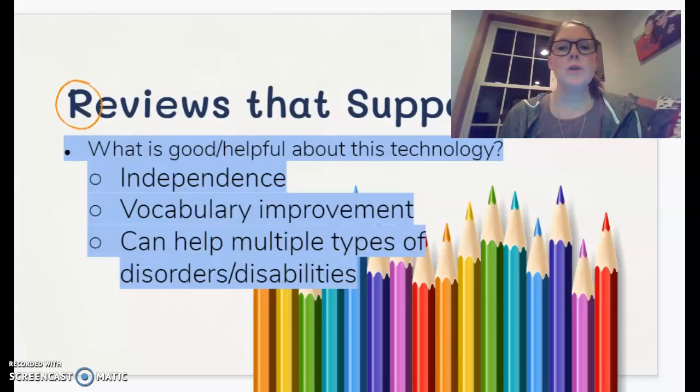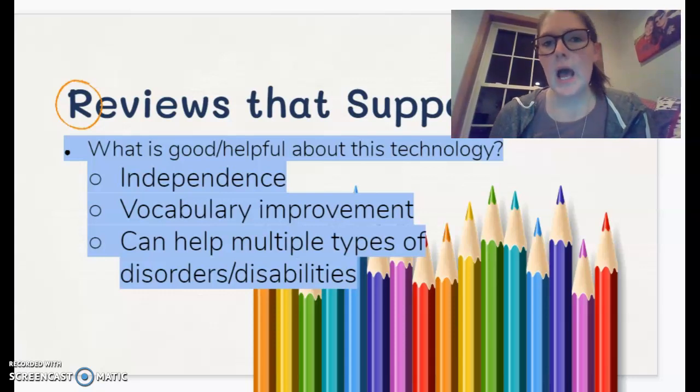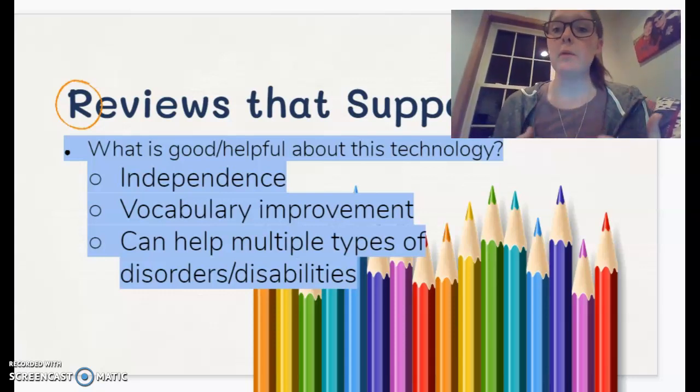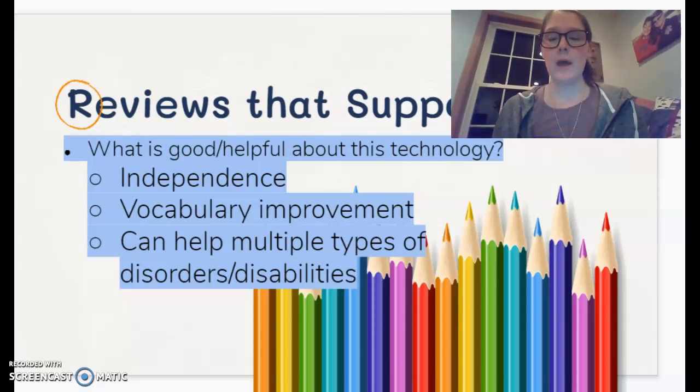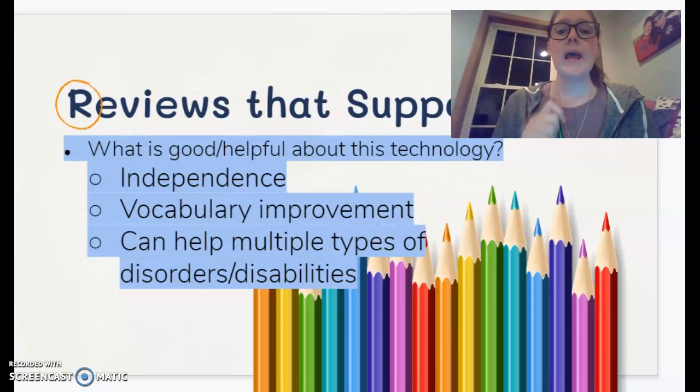Okay, so now that you guys have kind of seen what it looks like, I'm going to go through and explain some of the things that are really great about the pen and some of the things that aren't really great about the pen. And I'm going to give you this information based on the experience that I had last year. And I